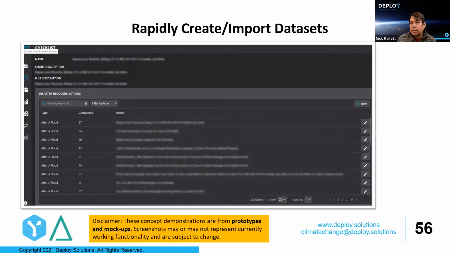There's an additional need, which is to rapidly create and import data. So data from different locations, citizen-provided data, community-provided data from NGOs, from the trusted authorities themselves. Data is going to have to flow in and out of the system, and Pan showed you some examples of the kind of visual reporting needs that are present. And again, this is part of that, that we would probably know some data ahead of time, and there's a lot of other data that we would just discover in the middle of a disaster.